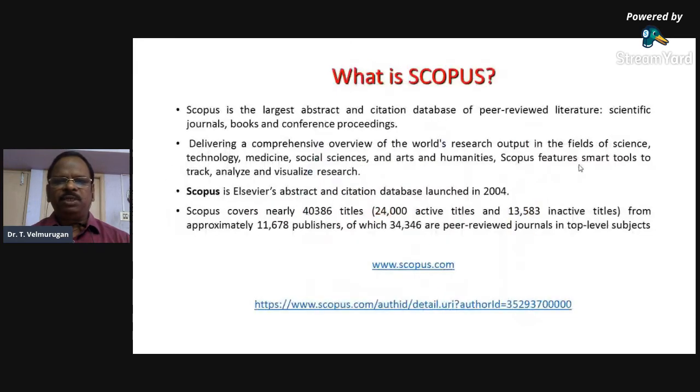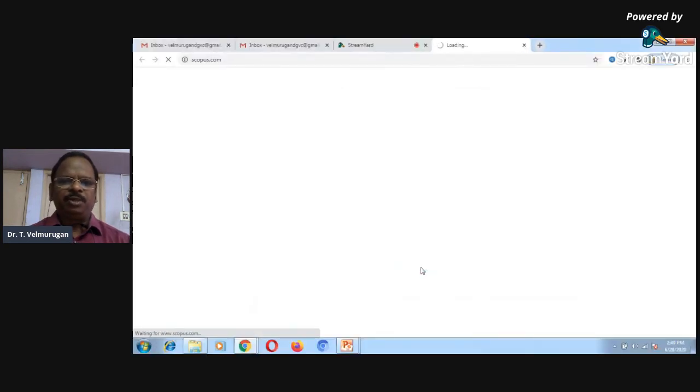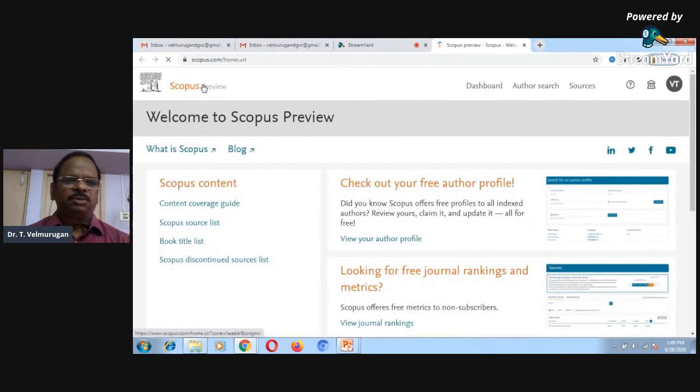Now, before that, we will enter the Scopus database. Simply type scopus.com. This is the home page of the Scopus database.